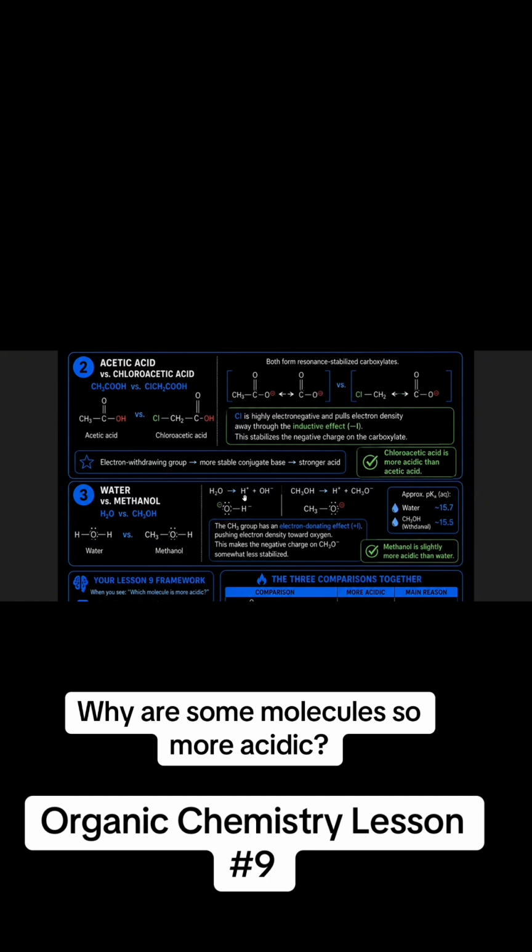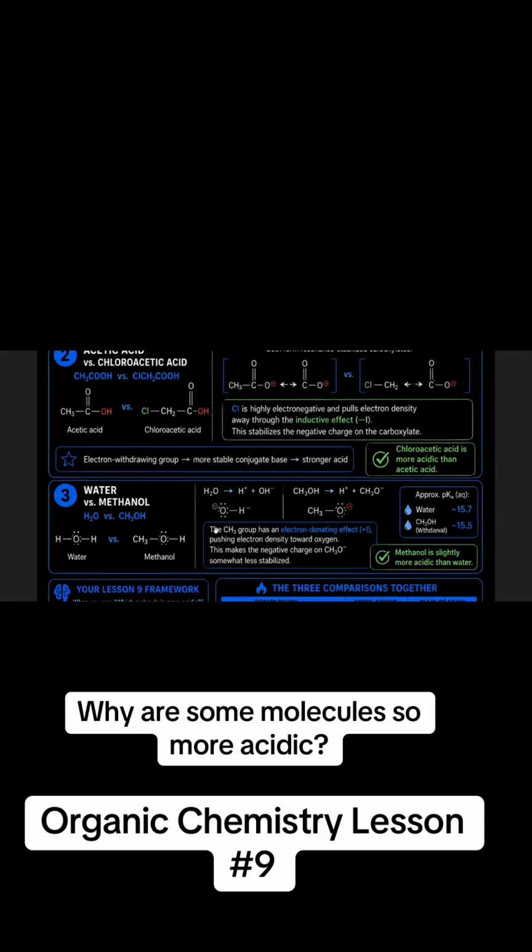H2O, water, got the proton here, then we got the alcohol. The CH3 group has an electron donating effect, pushing that electron density toward the oxygen. This makes the negative charge on the CH3O somewhat less stabilized. So if we clearly see that this CH3 group is donating the effect towards the oxygen, it's destabilizing it. Therefore, the